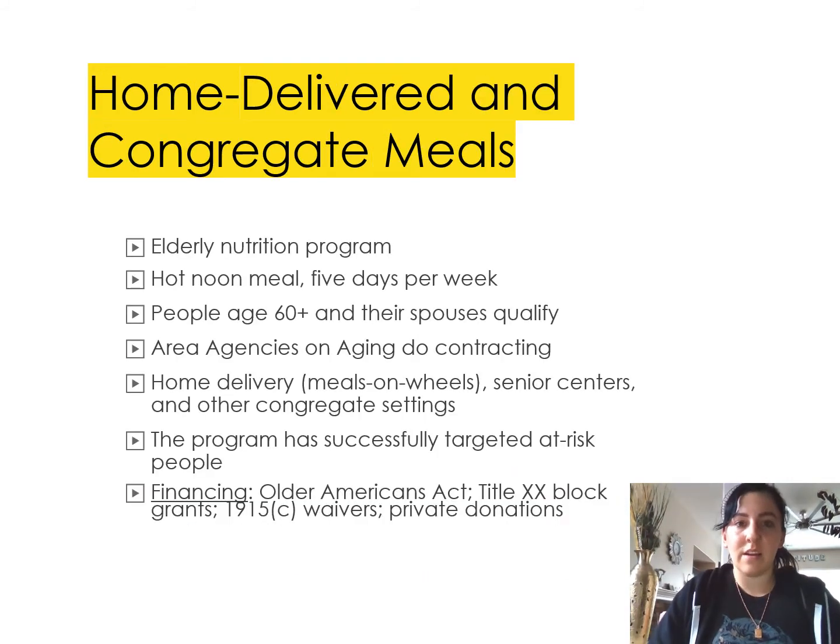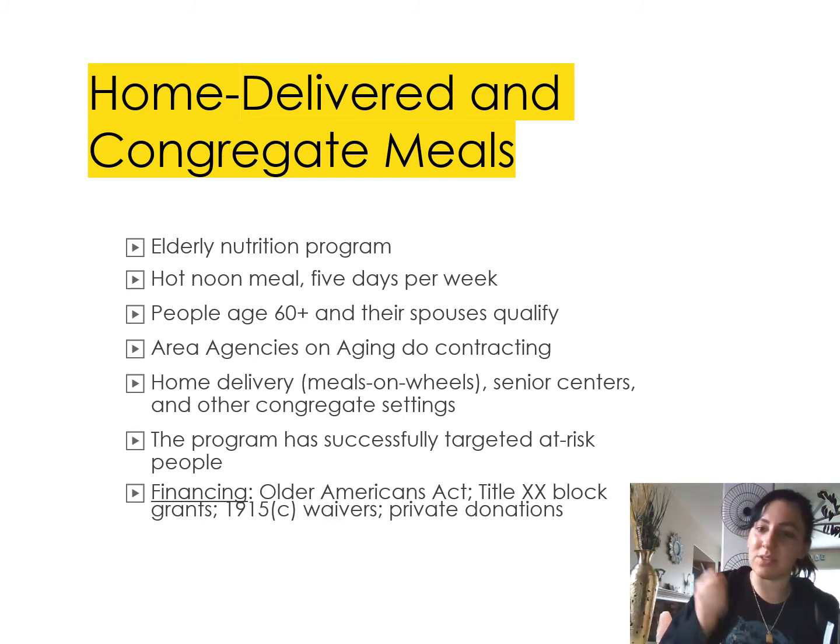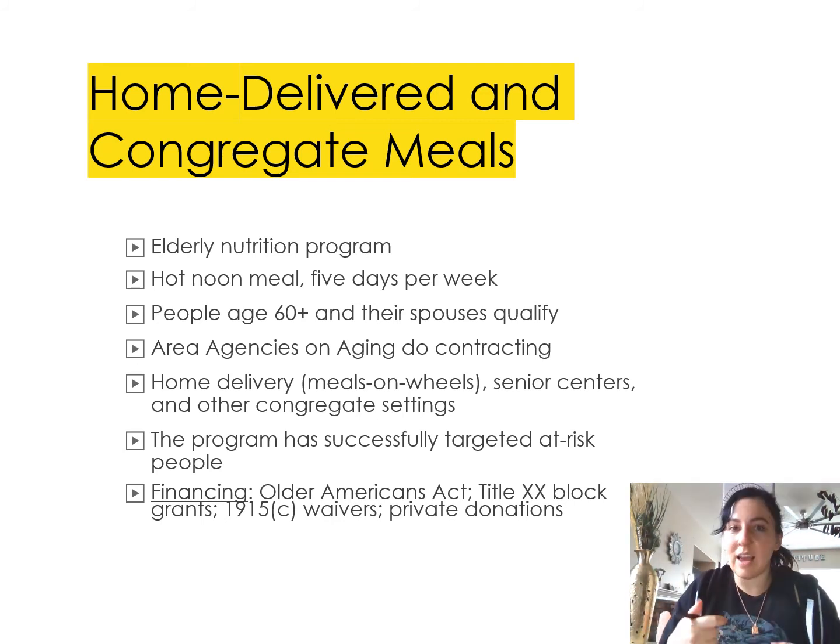Okay. All right, so then we have home delivered and congregate meals. So like I said in the previous slide, many older adults have a malnutrition issue, okay, because it's really difficult for them to just make themselves a good hearty meal, because they have to stand up and they have to chop vegetables and they have to do things like that. And as you get older, you lose a lot of function, and it's really difficult. I mean, many people have arthritis and things like that, so it's going to be really hard for them if they're living by themselves to make themselves healthy meals.